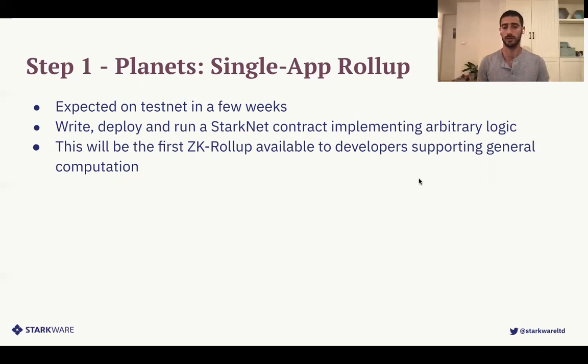What I mean by run them is send transactions to them, update their storage, and those batches of transactions will be proven and verified on chain, and a state update to the contracts will occur. Those contracts will support arbitrary logic, meaning you will be able to write anything you want with them. And this will actually be the first ZK rollup that is available to developers that supports general computation,